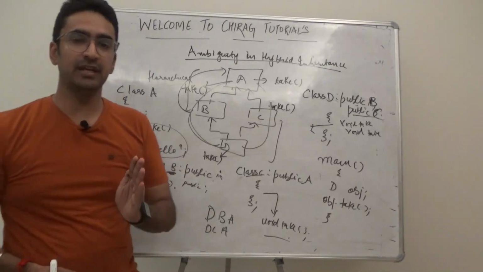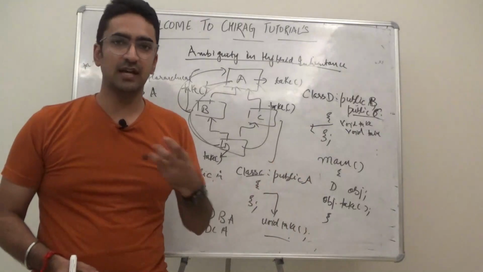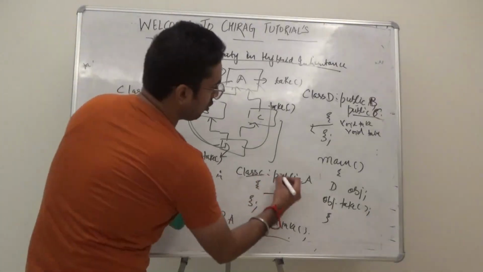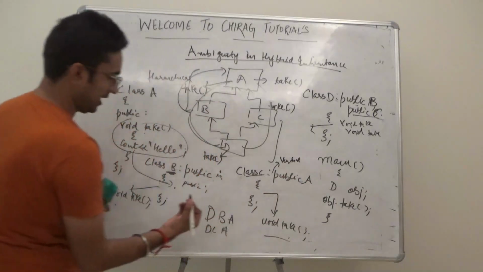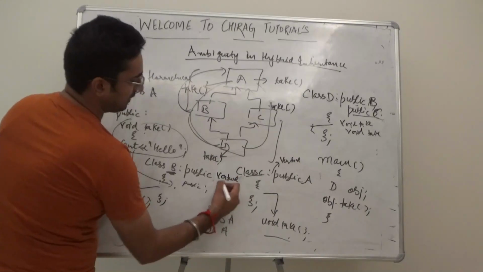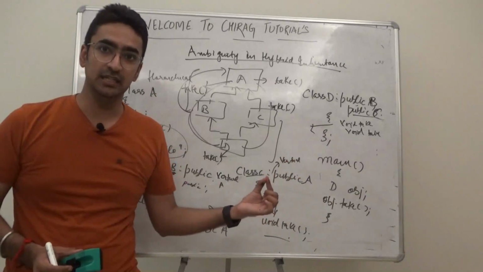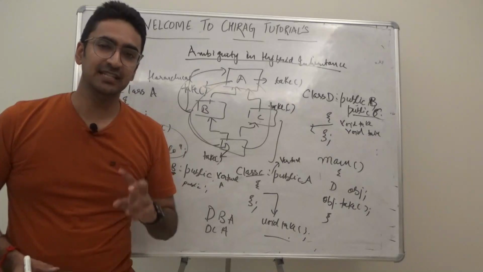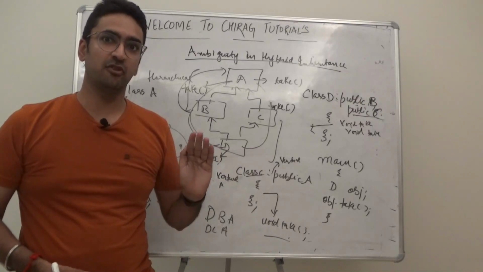The virtual keyword will eradicate one copy. It can be from B or from C, it's up to the compiler. If I use virtual public A or public virtual A, and the same applies over here, I write public virtual A or virtual public A in class B and class C, one copy is eradicated and the other is getting called. Instead of both, we have a confusion about which is getting called, either from B or from C.